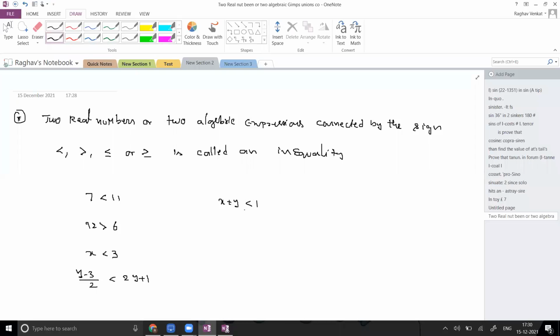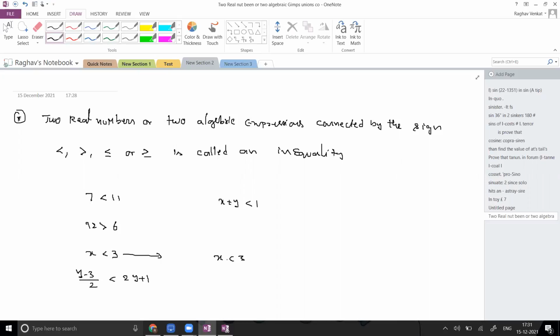We'll start with some numericals. Suppose I am taking this example and asking you to solve it. While reading it itself, you have to understand: you are only saying x less than 3. What real numbers are suitable for x less than 3? Minus infinity to 3, open bracket. Over. That is the solution set of x less than 3. You can also verify: take some values nearer to 3, the boundary value, and substitute in the expression. If the expression is true, then it is true. If not, somewhere you made a mistake.